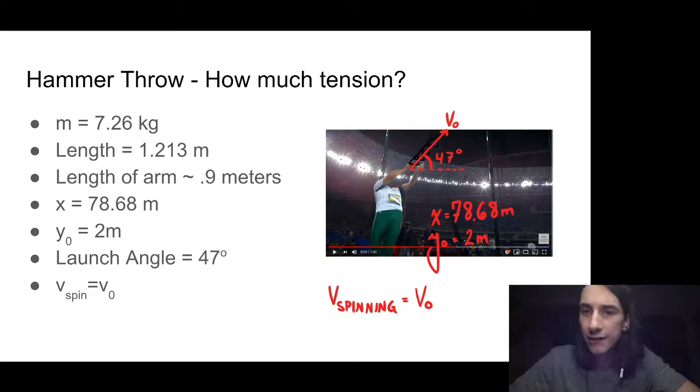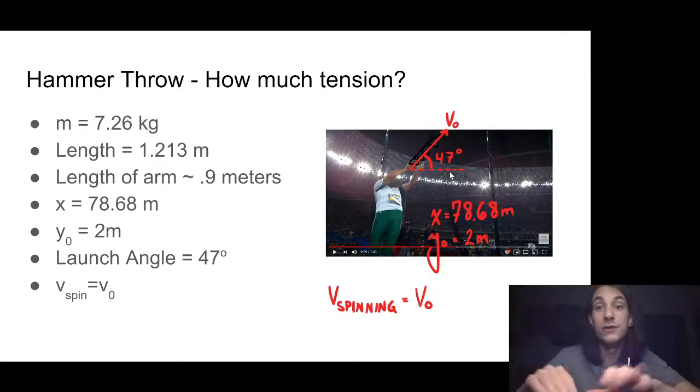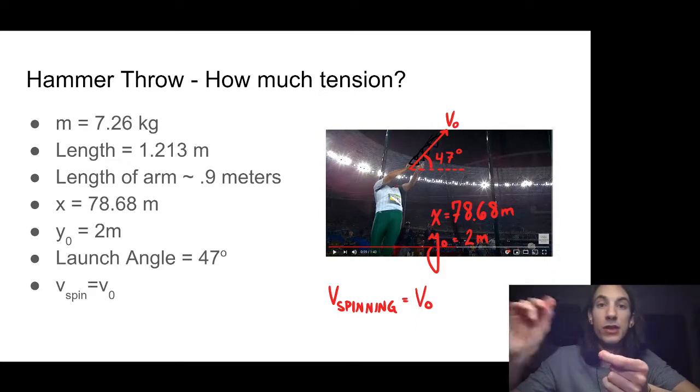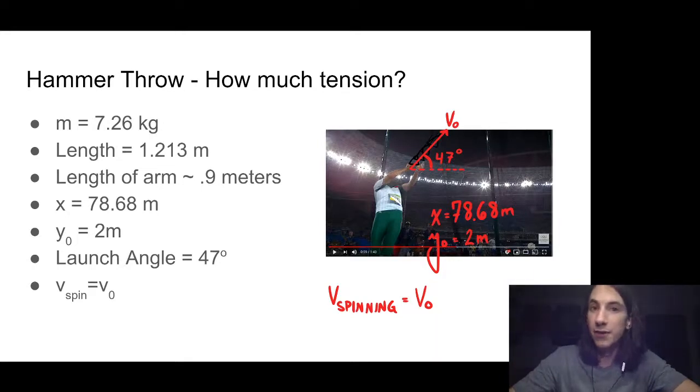The launch angle, I just kind of stacked a few frames on top of themselves like I like doing, and traced it out, and then I measured it with the protractor function of the ruler that's in OneNote, and I said, okay, well, it looks like about 47 degrees. So it looks like it launches at an angle of 47 degrees, and then we're going to say that the speed that it was spinning at is the same as the initial launch velocity. So using that information, I want you to figure out and calculate how much tension was there